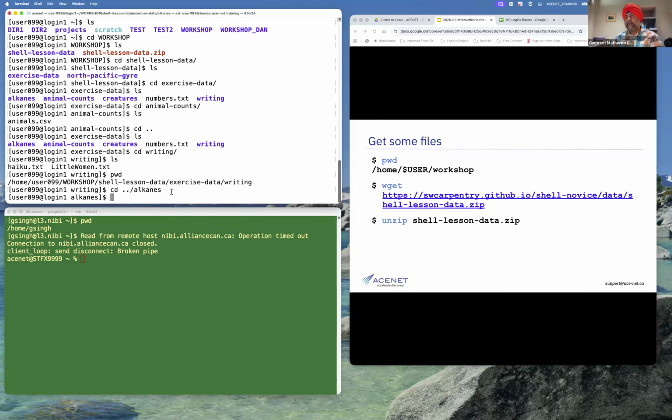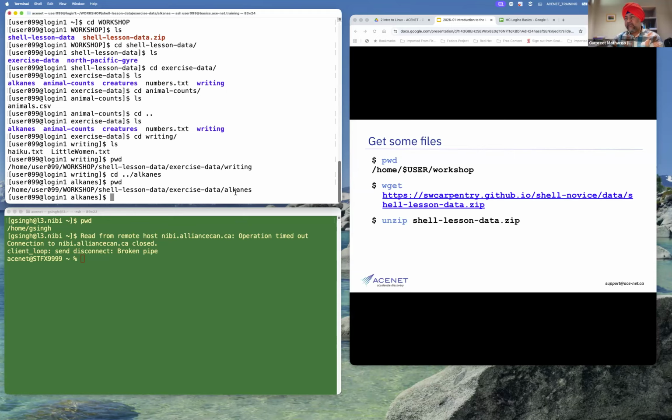I can actually combine this command as well. So likewise, I am in alkanes now. One step ahead, in exercise data, I had these four subdirectories along with one file. If I move a further step up, I will have exercise data and North Pacific gyre.